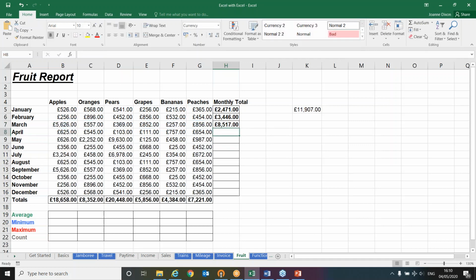There is a thing called a circular reference. So I've got a problem here again. For April, I've put the formula in and it's dragging the cells above. So I'm going to redirect it. Now I should stop at G8